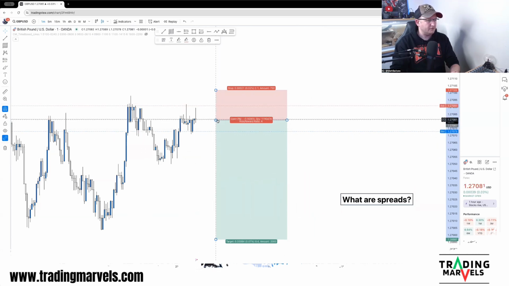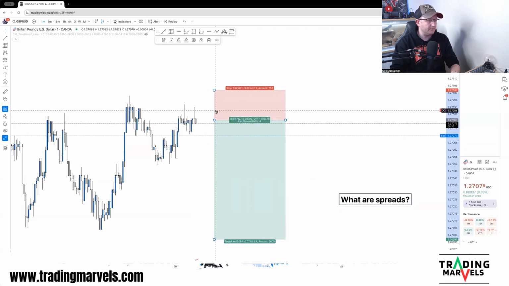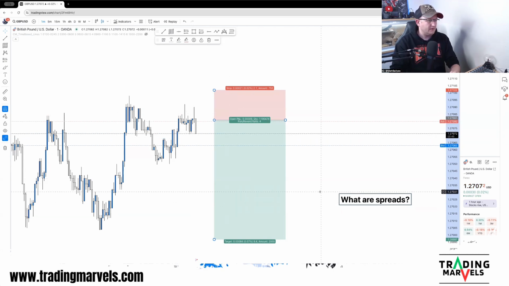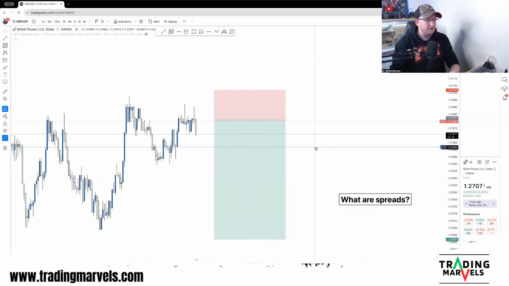So if I enter the trade right here, I will still be in the negative, so I'll be up here. I could be a couple of pips, or not even a couple of pips. It could be 0.1 pip in negative. As you can see now, price is going down. Now I would be in profit. Even though I entered a trade up here, I'm not in profit until price comes down to here. You can see this red line. So I'll be in profit now. So that's basically how